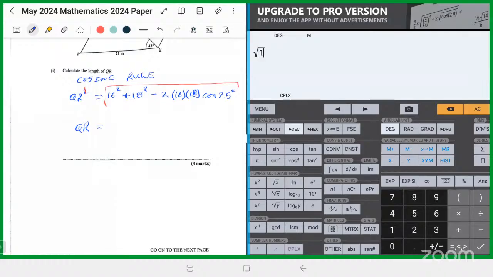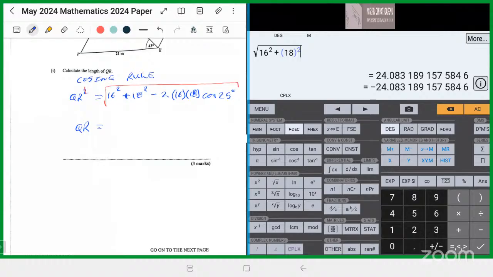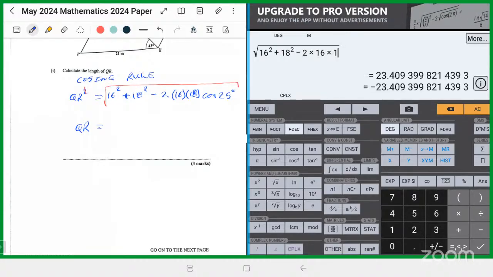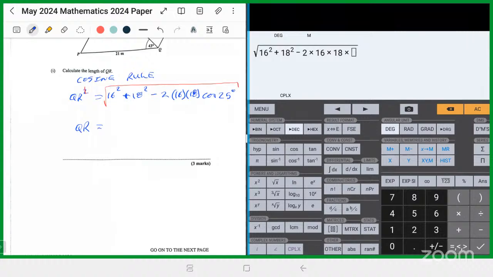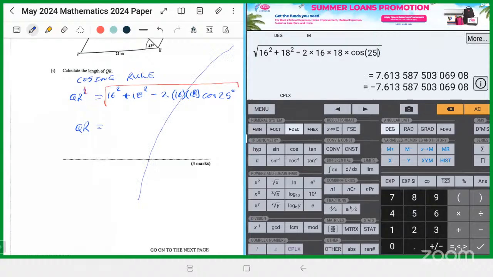So it's 16 squared plus 18 squared minus 2 times 16 times 18 times the cosine of 25 degrees, and make sure the calculator is in degrees by looking at the top of the calculator. There's a DEG up the top, which means that the calculator is in degrees. And it's telling me that that is